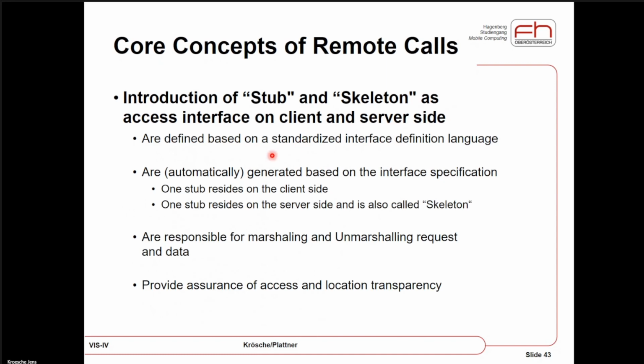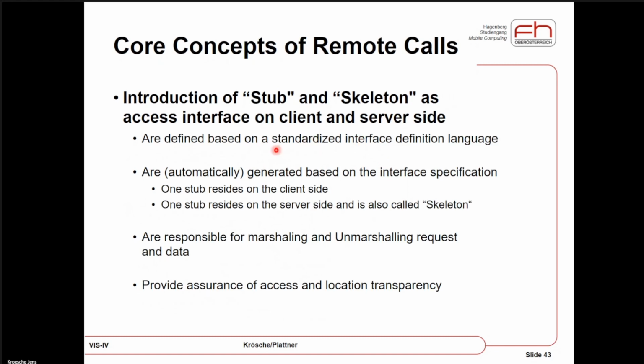And this, of course, can only be done based on, again, openness. So we need standardized interface definition languages, which need to be used on that behalf. And typically, these stubs and skeletons are automatically generated. That's the nice thing. We don't need to build them when we want to use them.